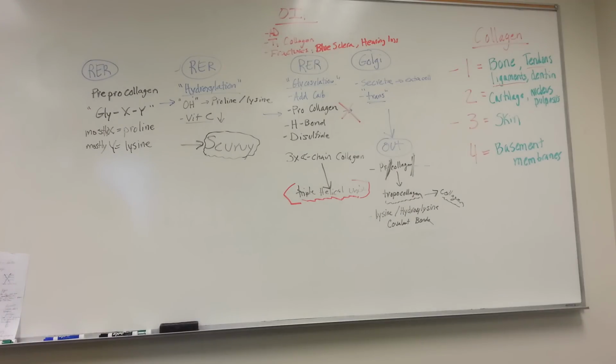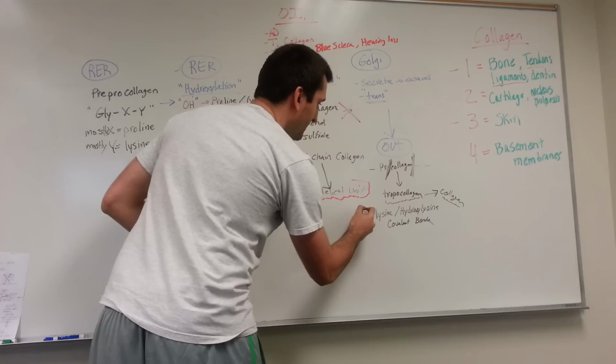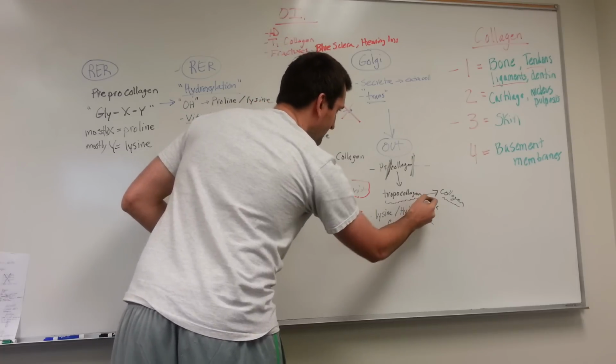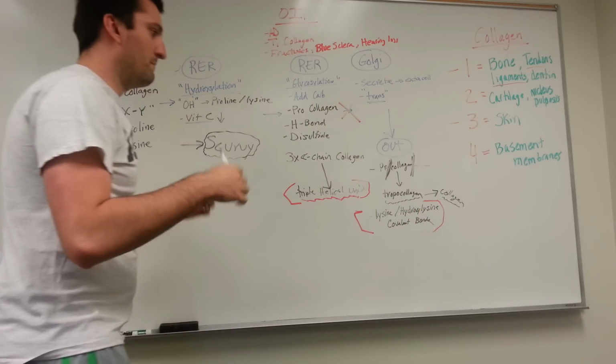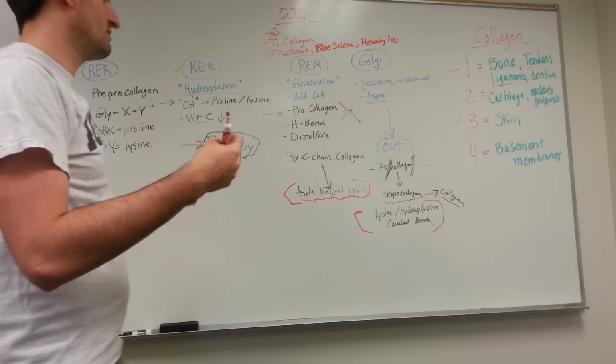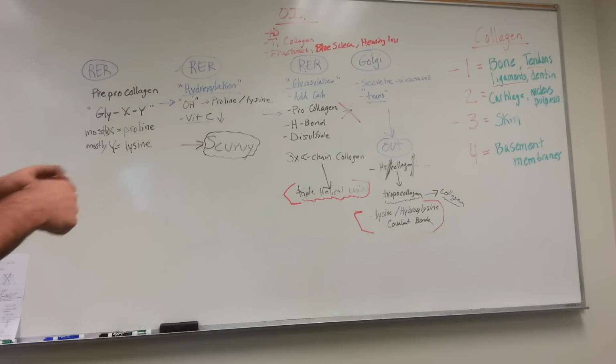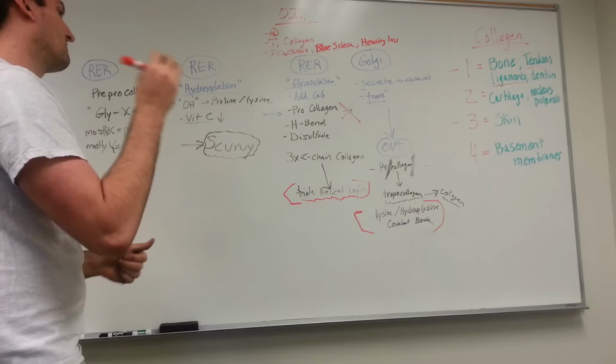So where does this Ehlers-Danlos come in? It's going to be with the cross-linking phase. So we're going to have a disorder here. We're not going to be able to bond. We're not going to be able to cross-link the tropocollagen together to form our most mature collagen form. Therefore,